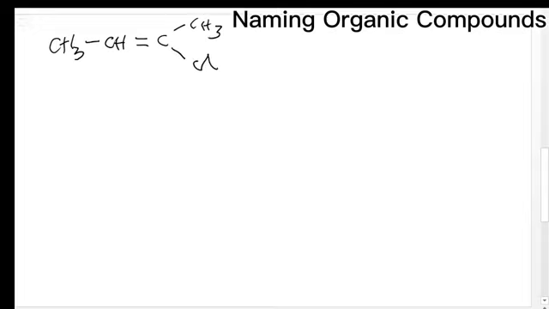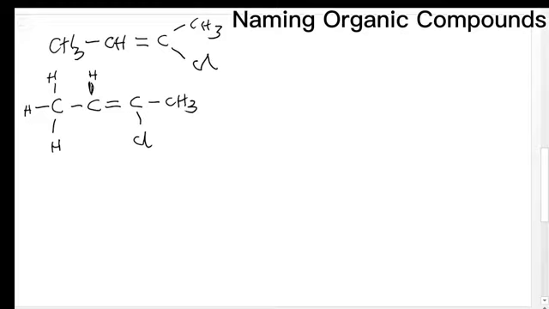Now we can see this is definitely an alkene, meaning that it has a double bond. So we can redraw the skeletal structure. This is going to be a C with 3 hydrogens, H, H, and H. Then you have C, then H up here, and then you have a double bond. Then you have another C with a CH3 and a Cl. Now you can see that all the carbons have 4 bonds, so every carbon atom must